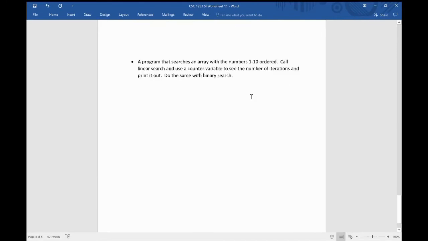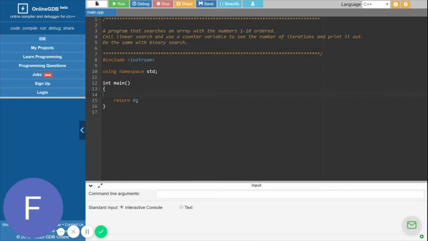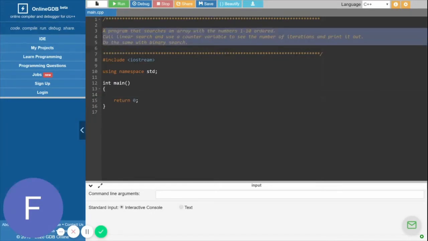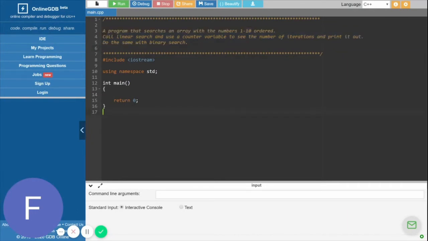Okay, and last but not least, let's write a program that searches an array with the numbers 1 through 10 ordered, call linear search, and use a counter variable to see the number of iterations and put it out, and we're going to do the same with binary search. Okay, so now you can see I'm on OnlineGDB, and I put the prompt up there. I have all the goodies, like including iostream and using namespace std, and main and stuff. And so I can actually go back and what we'll do is we'll copy what we wrote